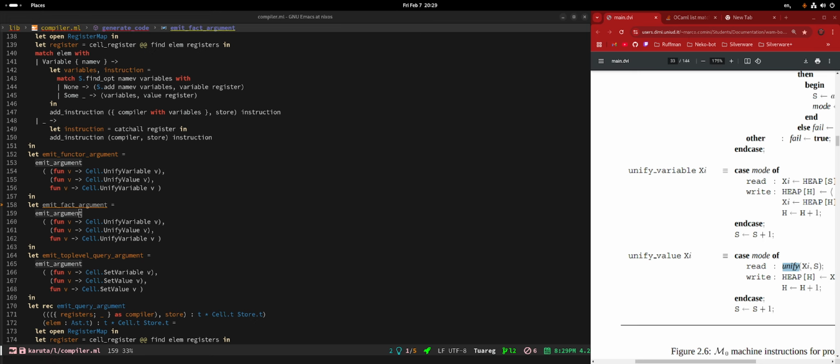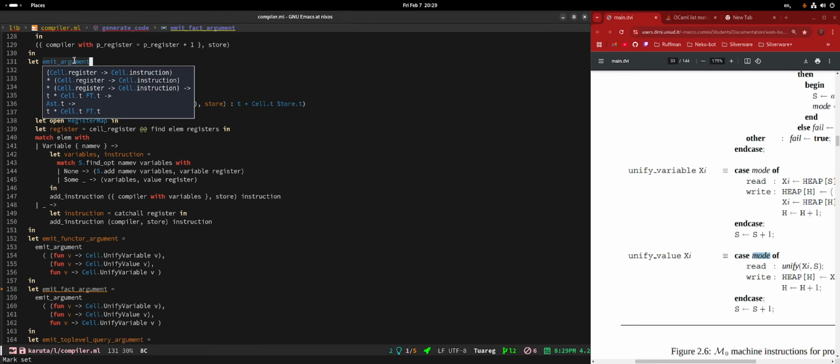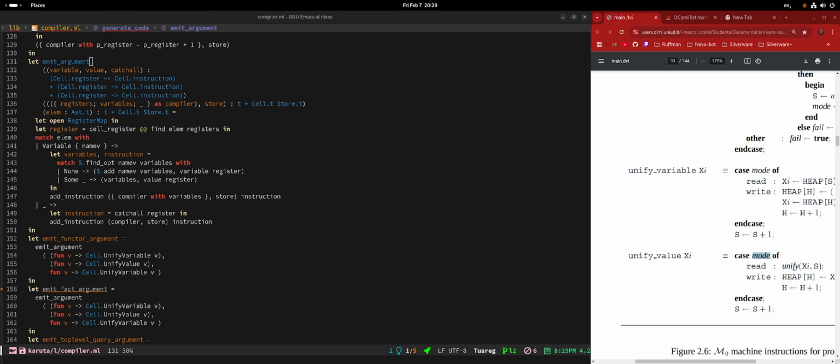What do you mean modal? Oh, there's a mode thing. Okay. Yeah, I think we can't actually get away with that here. Okay, even more sad. So that means that we're gonna have to re-implement emit argument then. That's what you're saying. Yeah, because this is the only case where we're forced to use a two argument instruction. Yep. Okay, so let's accept our fate and move on with it.